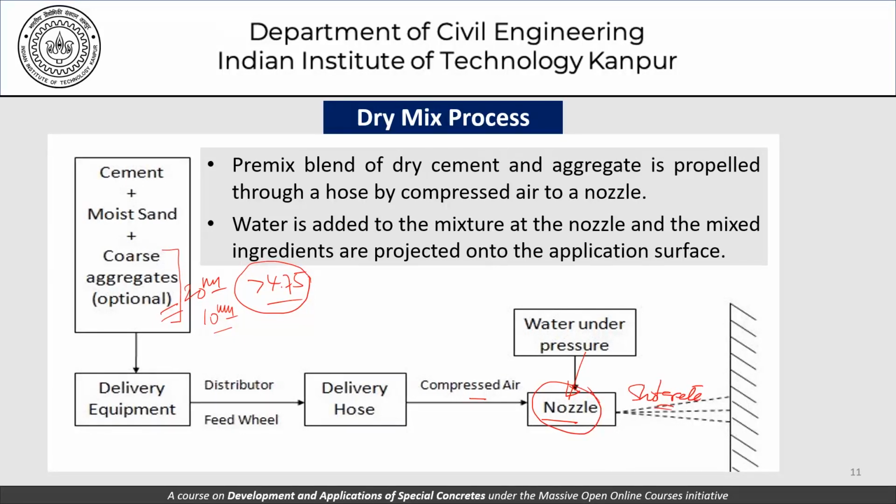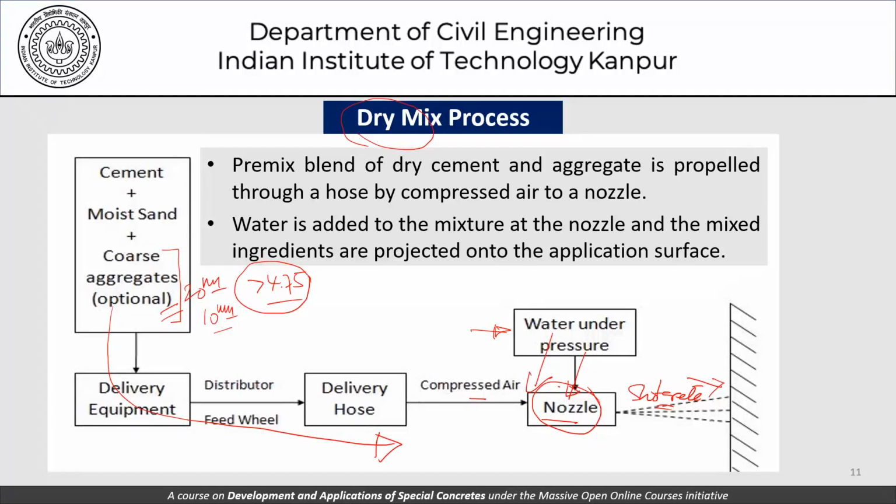So basically the idea is that a pre-mixed blend of dry cement and aggregate is propelled through a hose by compressed air to a nozzle, and water is added to the mixture at the nozzle, and the mixed ingredients are projected onto the application surface. So this fact that water is added at the end and most of this material coming from here is dry, this is what causes this process to be called the dry mix process. So we are getting dry mix here, adding water here under pressure, and finally shotcreting onto